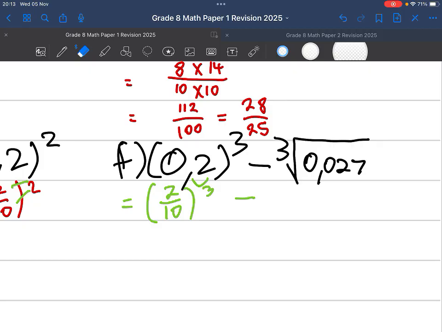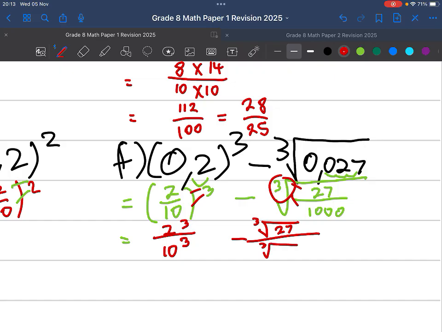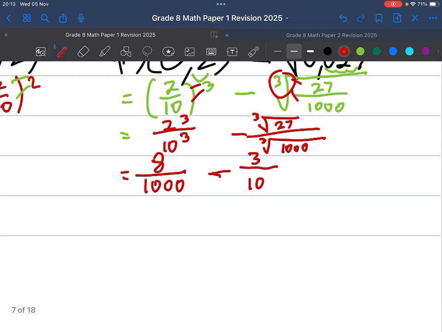Minus, this is probably a typo, minus the cube root of 27 over 1,000, 3 decimal places, so 1,000 equals, distribute that, guys, distribute it, 2 to the power 3 over 10 to the power 3 minus cube root of 27 over cube root of 1,000. 2 to the power 3 is 8, 10 to the power 3 is 1,000, minus a cube root of 27 is 3, and the cube root of 1,000 is 10, equals,